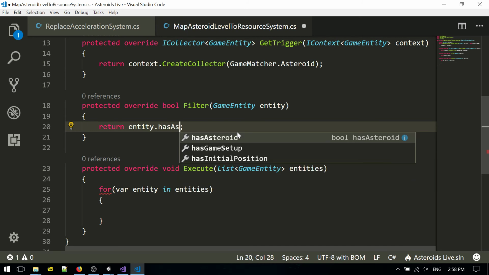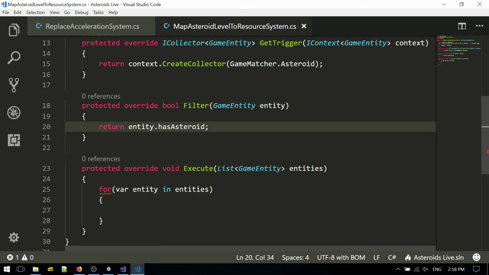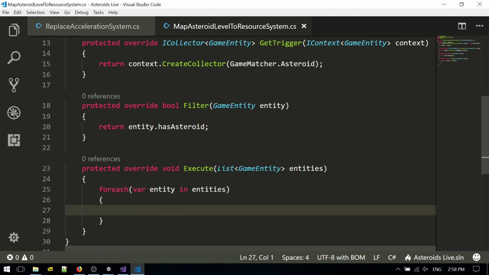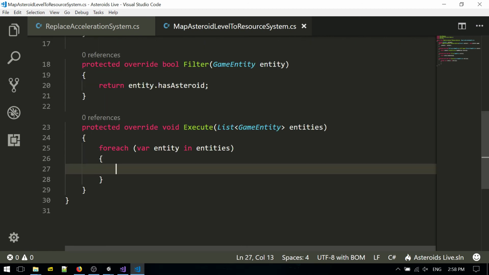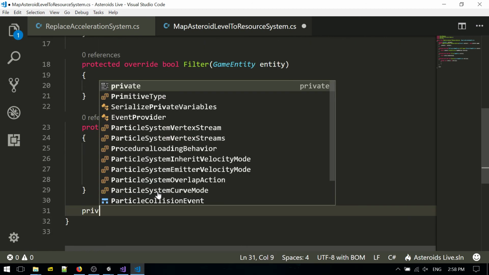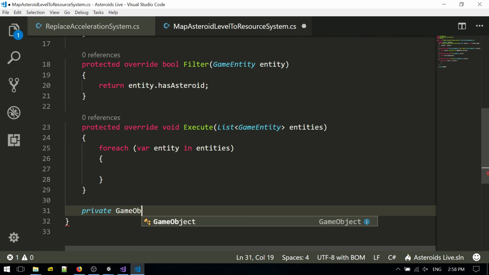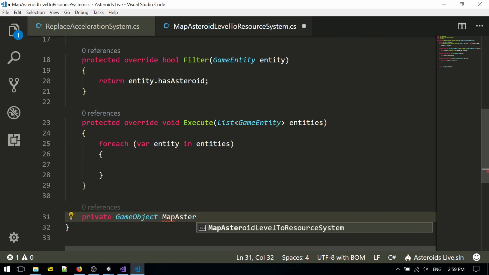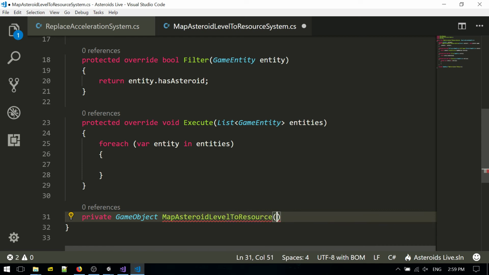Has asteroid, for each. And this entity surely has an asteroid. We have asteroid here, and we need our mapping function, game object map asteroid level to resource, int level,